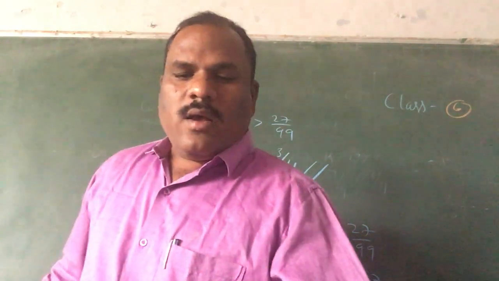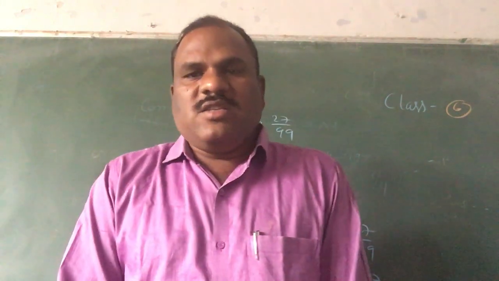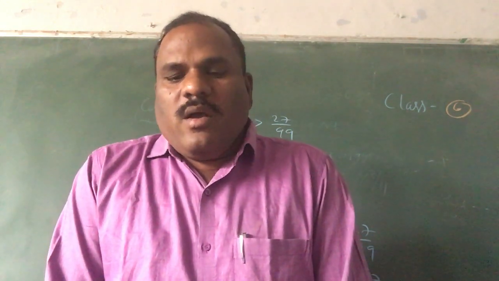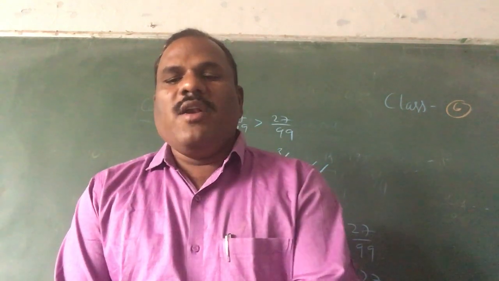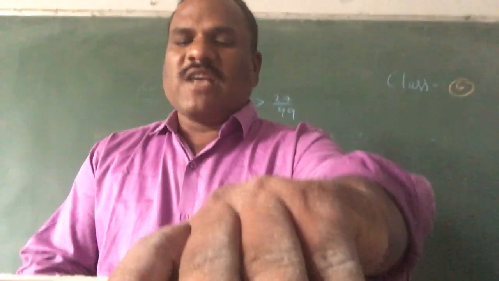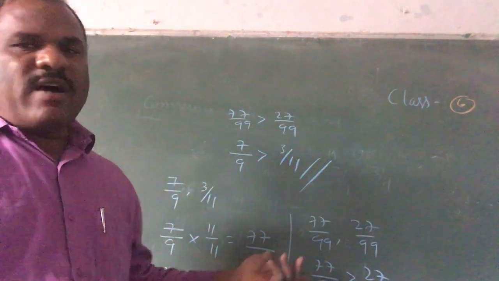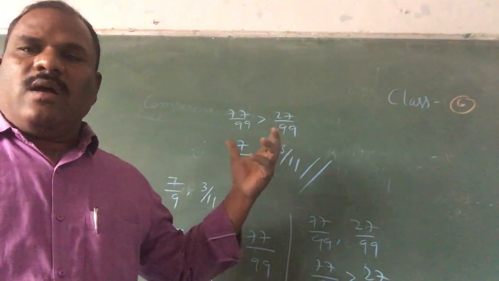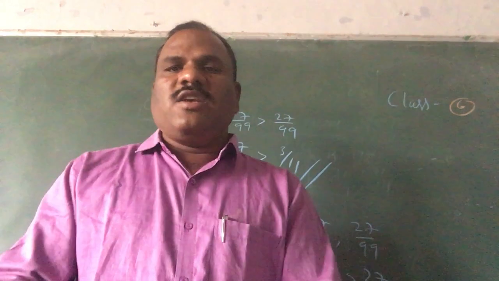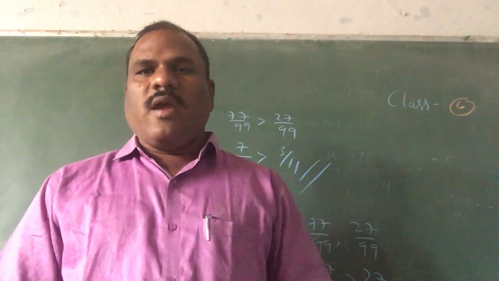Okay, so there is page number 92. Do these sums. Which of the following are smallest fractions? 2 by 5, 3 by 7, 7 by 8, 5 by 4, 3 by 11, 1 by 2, and 5 by 6, 2 by 3. You can do all this in your classwork, children. Smallest fraction also, you can follow the same method, whether smallest or biggest. Whatever the fractions may be, you can solve this by this method. Try this, page number 92. Understand? Okay. Thank you and have a nice day.